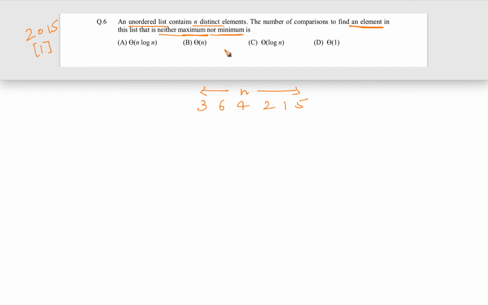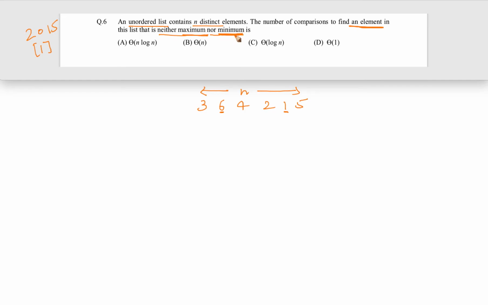Okay, so what is the maximum among these? This is the maximum. What is the minimum among these? This is the minimum.